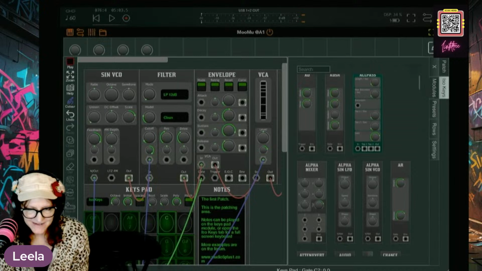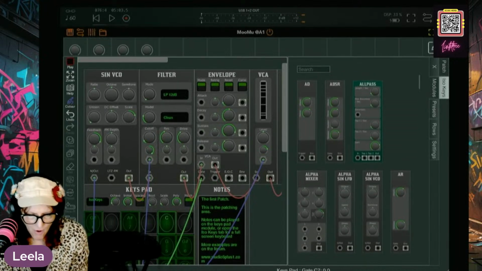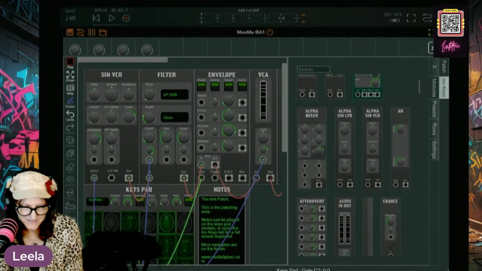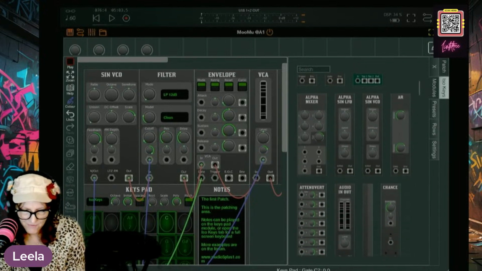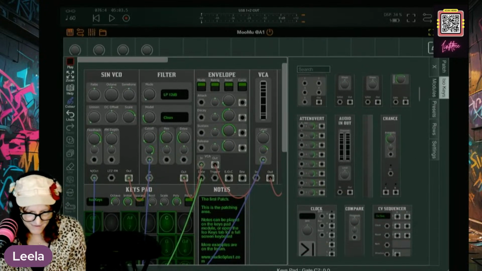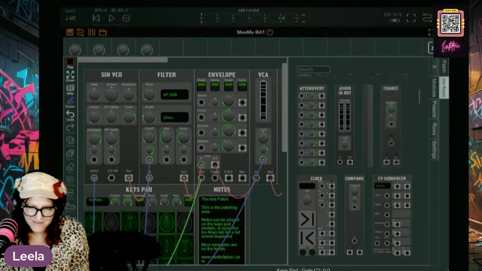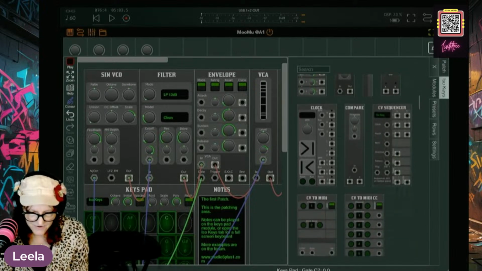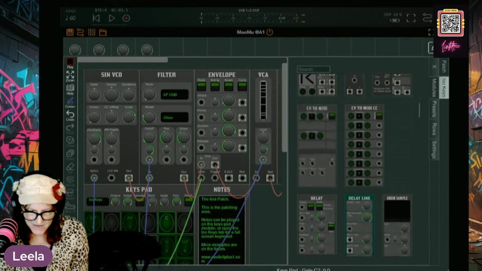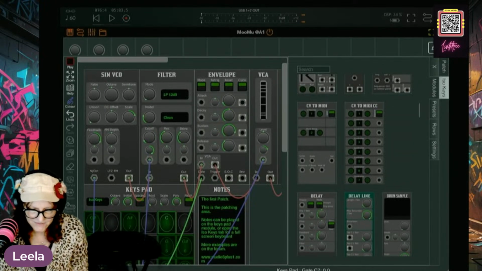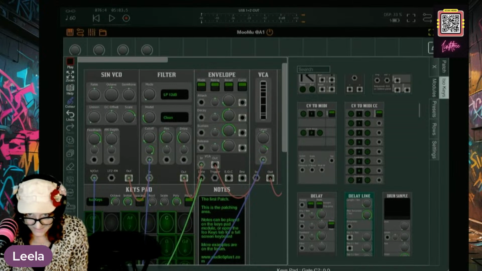There's AD, ADSR, all pass, alpha mixer, alpha sign LFO, alpha sign VCO, AR, attenuate, so that's like a thing, audio in and out, chance, so a probability, that'll be fun, clock, compare, CV sequencer, CV to MIDI, CV to MIDI CCs, like a whole, like, so for 7 CCs.